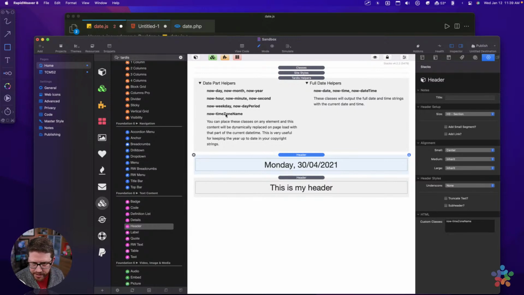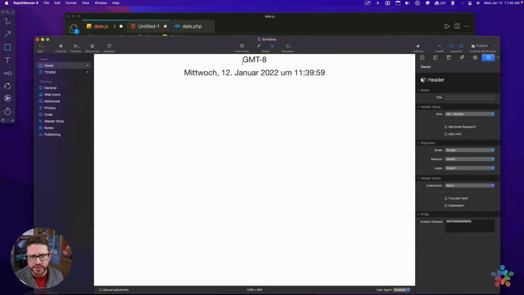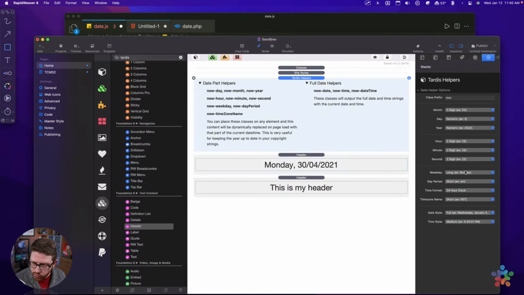And you have to be careful. The cases are important here. So time zone name, the Z and the N are capitalized. Okay. I did that on purpose. Long story. It just has to be that way. Okay. So if you see there, I did time zone name and I set the format to be GMT -8. And if we change the format here,